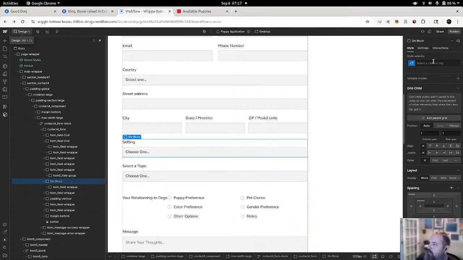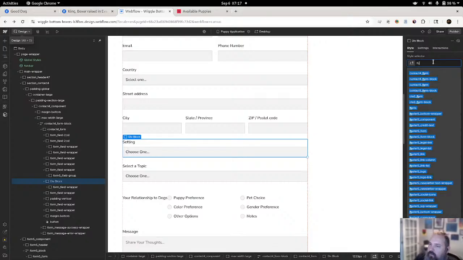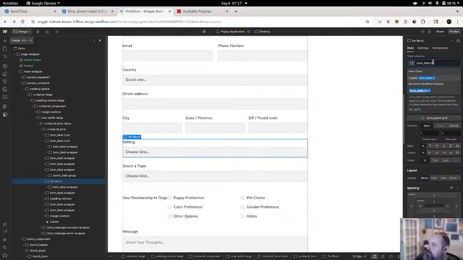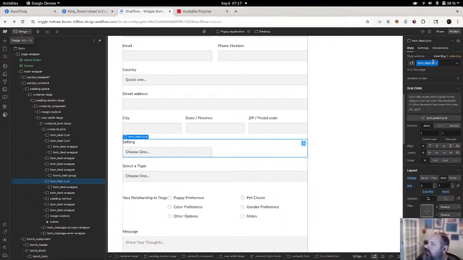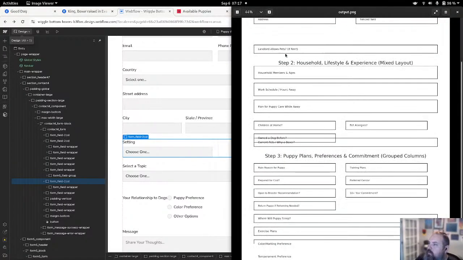We're going to call that one form field 2 column. Yay! And then we'll add the other one right next to it, which is going to be, let's check our image again.